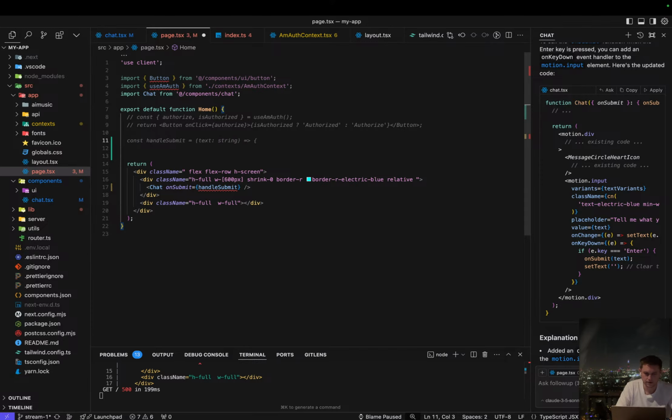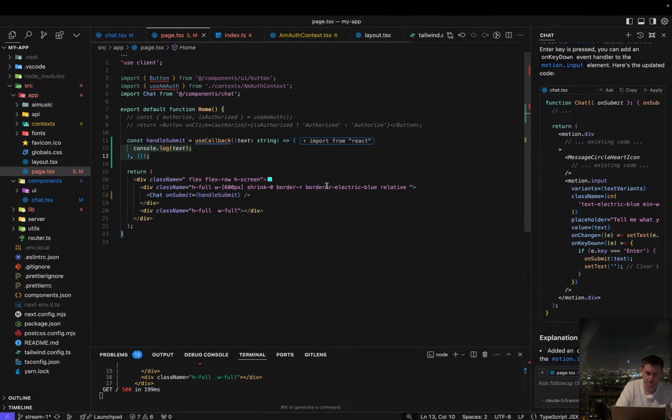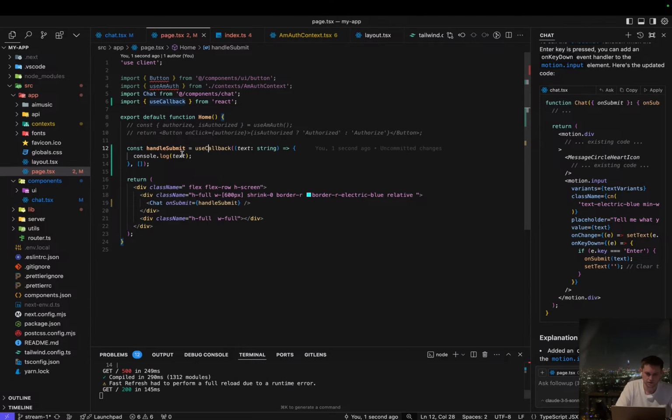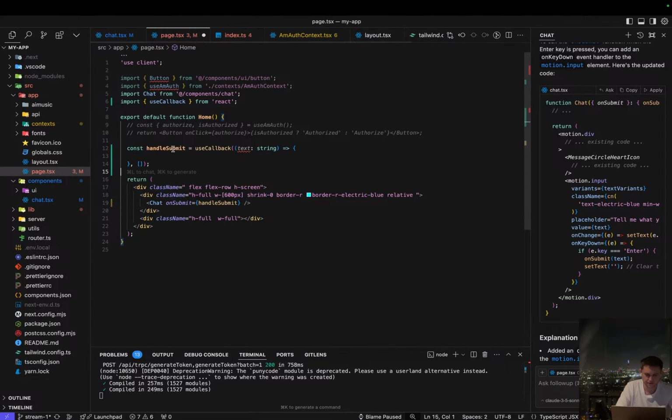And then for now, does this need to be a use callback? Let's just do a handle submit equals use callback. Well, we're going to use TRPC anyway, so it's just going to be a mutate function. So, okay, now I've got my button, I've got my chat window, I can type, give me a Pop Smoke playlist, but don't include